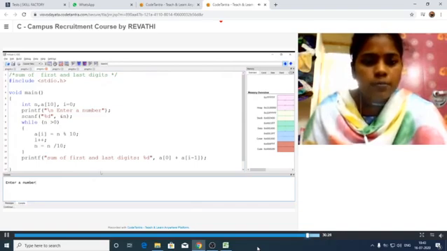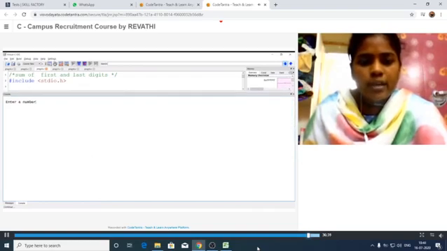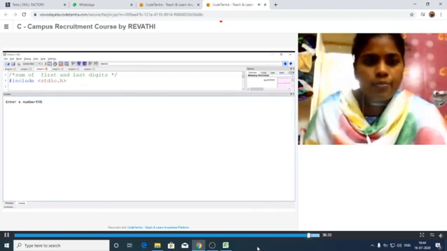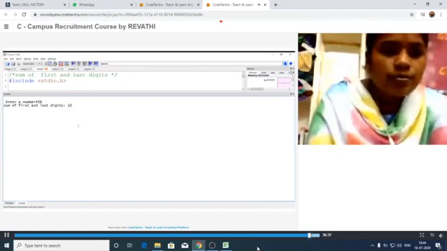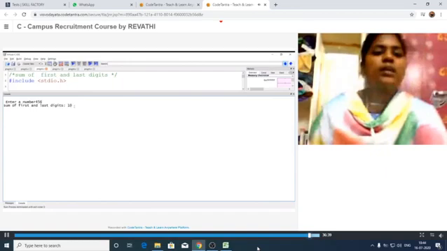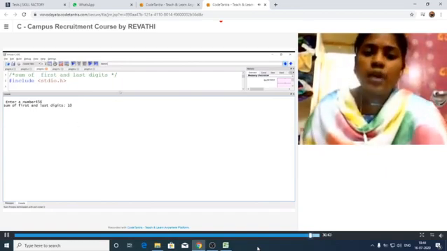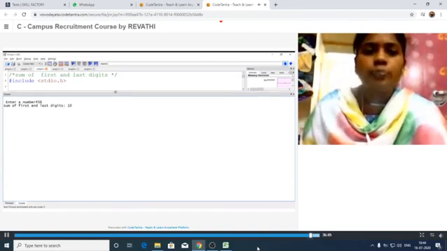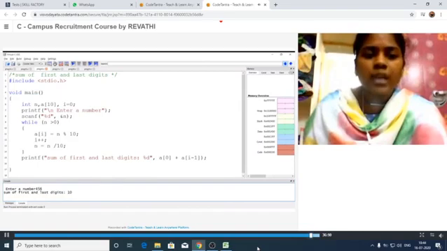It is asking to enter the number here. So let us provide the number. I am providing 4, 5, 6. That gives the sum of first and last digits, that is 10 here. This is what we got in the previous discussion also. So like this we have to calculate the first and last digits of the given number. Okay, note it down.